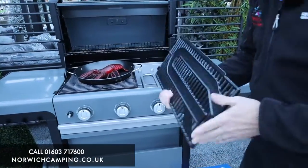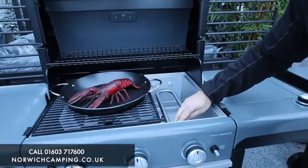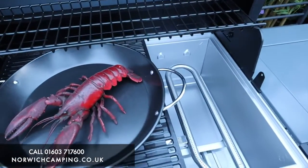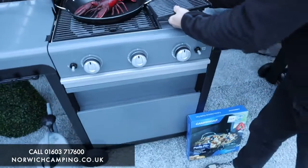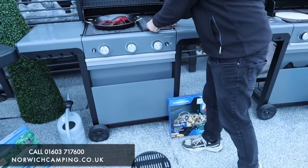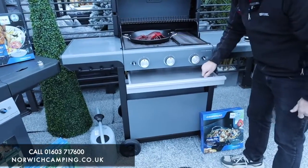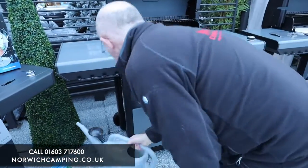Now, when we turn this over, as you can see, we've got a different style burner on this one. It's a stainless steel burner, what we call the blue flame burner, which provides a little bit more heat, so you've got uprated burners in there. The other difference on this one is this tray here. You can fill it with water, so we can literally pop the water in,